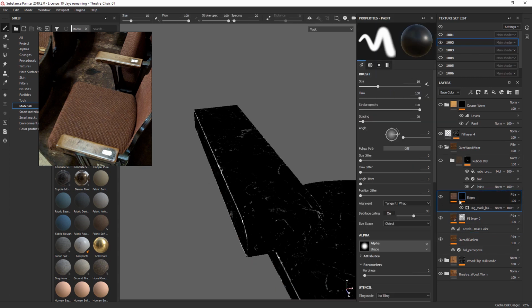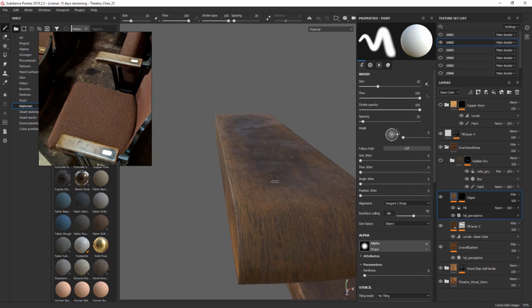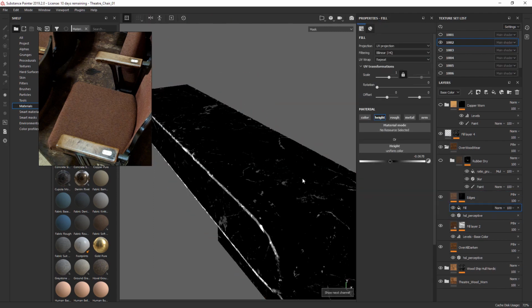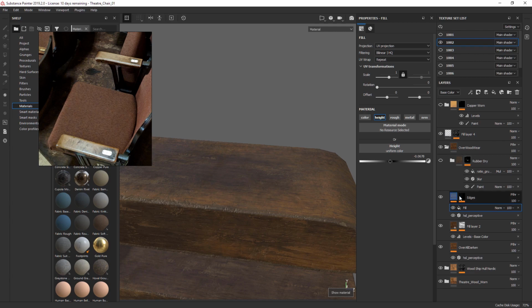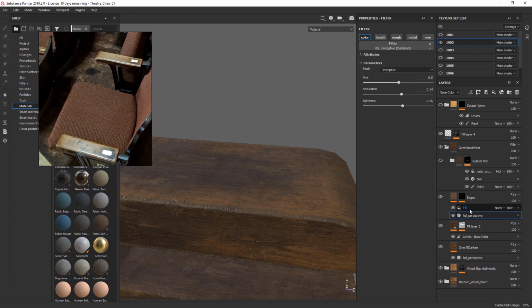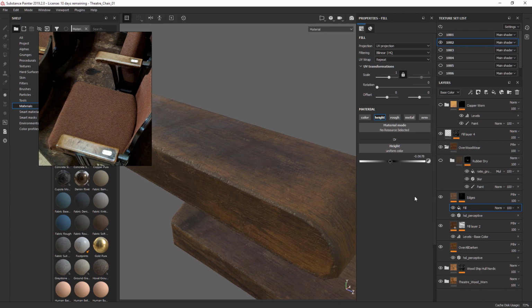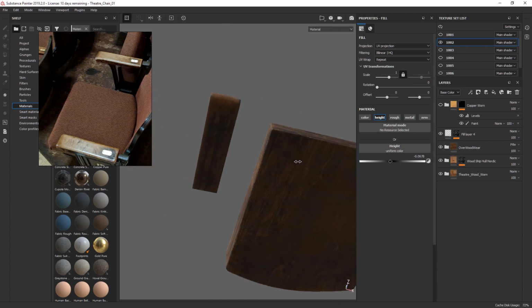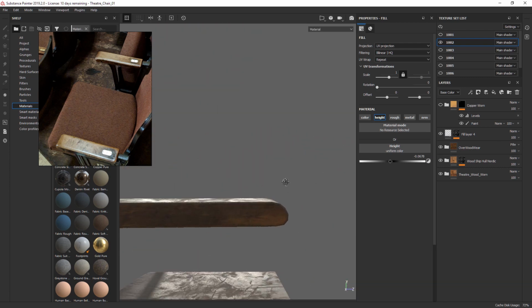Then I added this edge wear. This one's pretty subtle. So you can see I'm doing a little bit of height change and an HSV shift. So if I go to base color, you can see it's chipping at the edges. And I'm also taking the height. So I've got the HSL, then I added a fill, taking the height down a little bit, to give those chips a little bit of depth. And then I pretty much had the base wood that I wanted, pretty beat up, worn, seen years of abuse